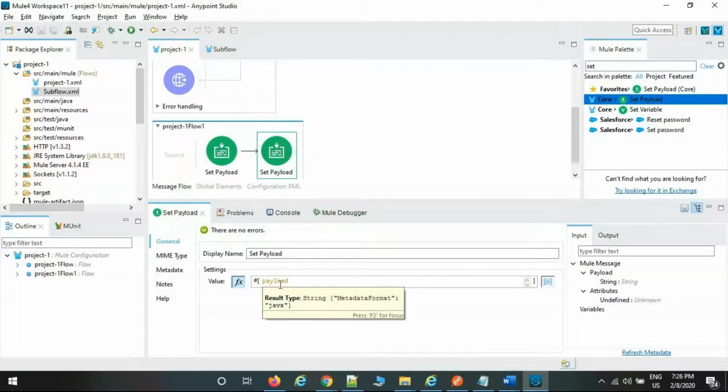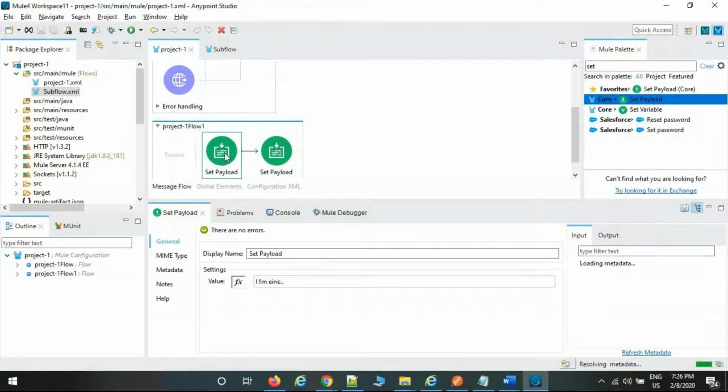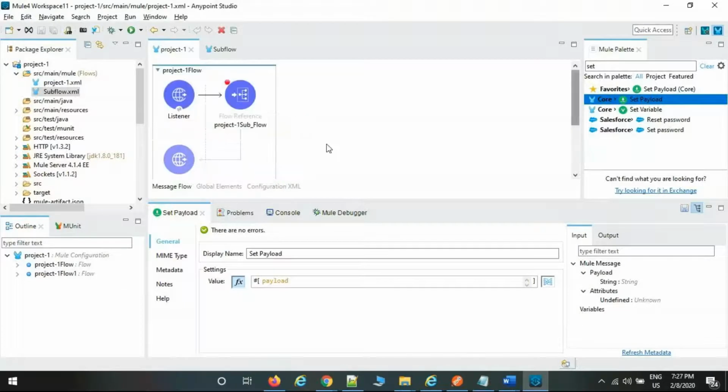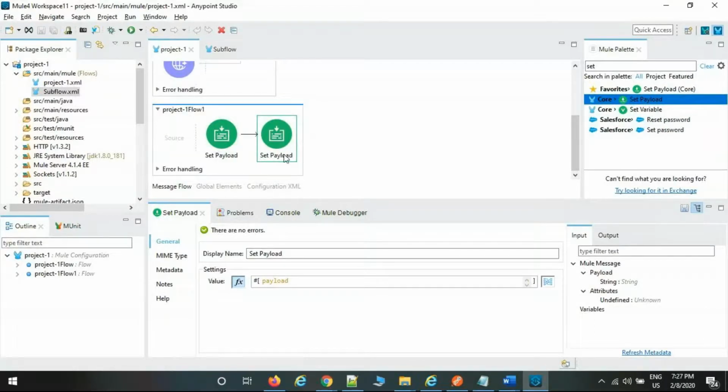What does the MEL expression support? Dynamically, if you want to consume. This is the dynamic one, and this is the static one, where I have defined my own content. But whatever content I have defined, if I want to reuse it here, then use payload. This is how we consume the data from one palette to another. Any doubt here? So today we have covered what main flow, subflow and private flow are, and how we communicate from one flow to another, the flow reference. Don't think the flow reference always stays in the main flow. Wherever you want, you can put it, because from a private flow, if you want, you can call a subflow also.